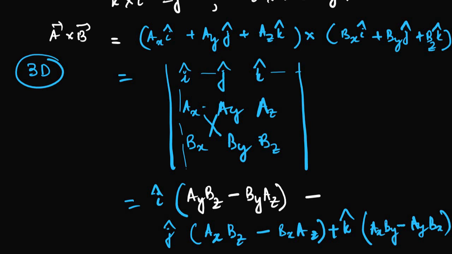Okay, so this determinant, if you understood, it's okay. If you did not understand, please write to me so that we can discuss it together. Determinants will be studied in mathematics in class 11 only. I hope you will understand from my point of view. If you still didn't get it, write in the comment section so that we can discuss. Right? Then I'll move to the next part, which is the important property of it, which is the right hand